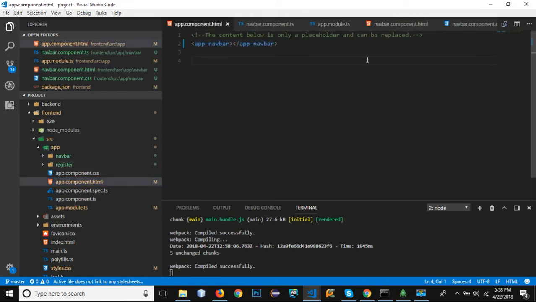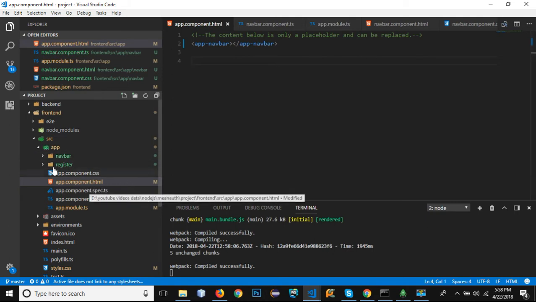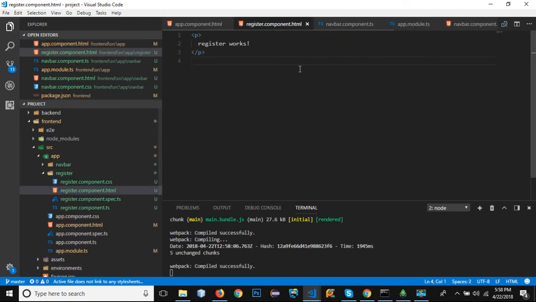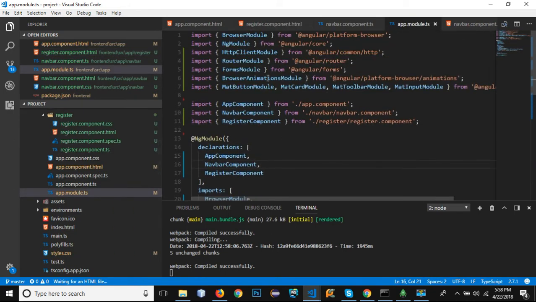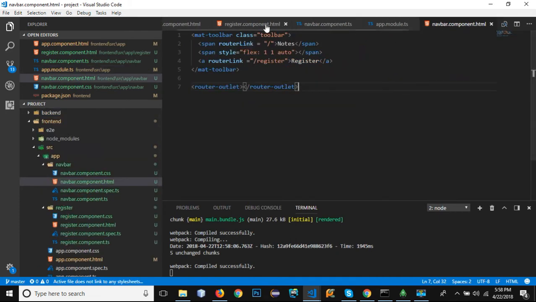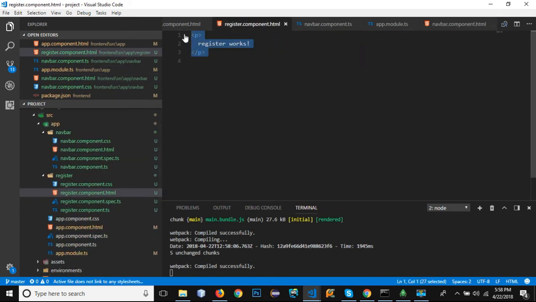Now we need to create a form in our register component right here. Okay, this was the text that was being shown in the browser. So let's create our register component. I need to use all the stuff that I included from the material library. Okay, so let's go to register component. Let's remove it. First of all, let's create a mat card. Under this mat card, we need to add the title. So mat card title,